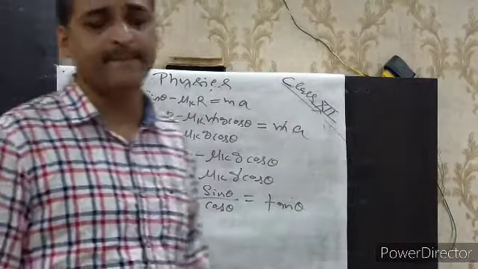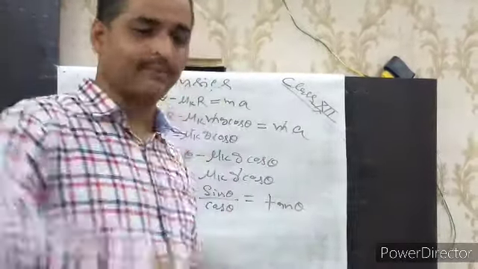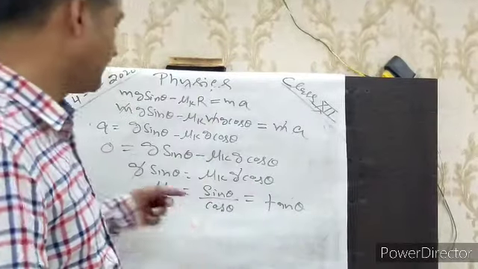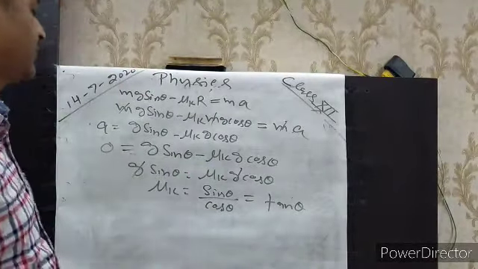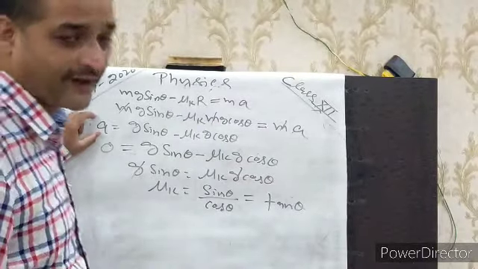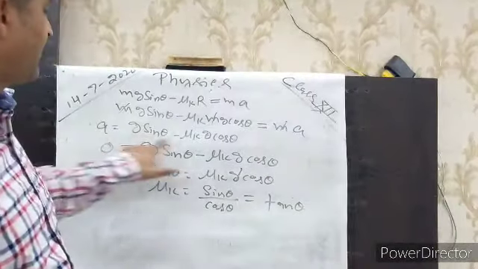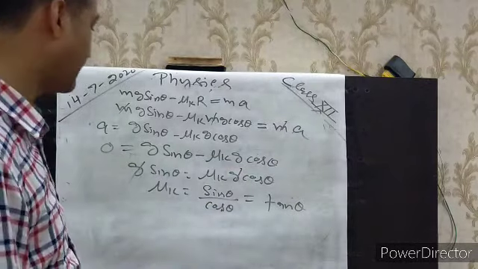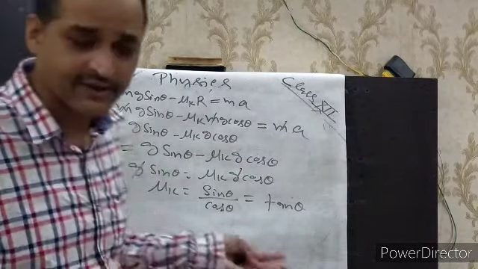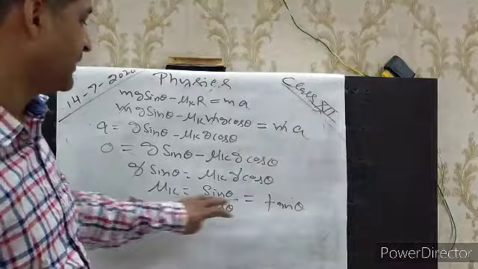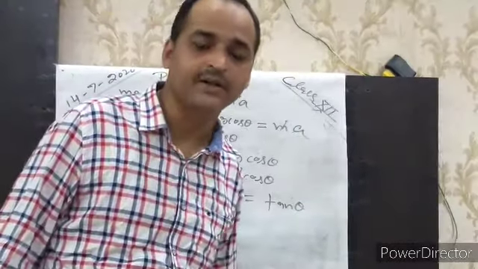I have already derived this formula in the previous video by a different method, and here also you can find out mu k is equal to tan theta. Then two cases: if you have to find the acceleration, there is acceleration, then this is the formula for the acceleration. And if there is no acceleration and you have to find the friction coefficient, then from here you can get the friction coefficient.